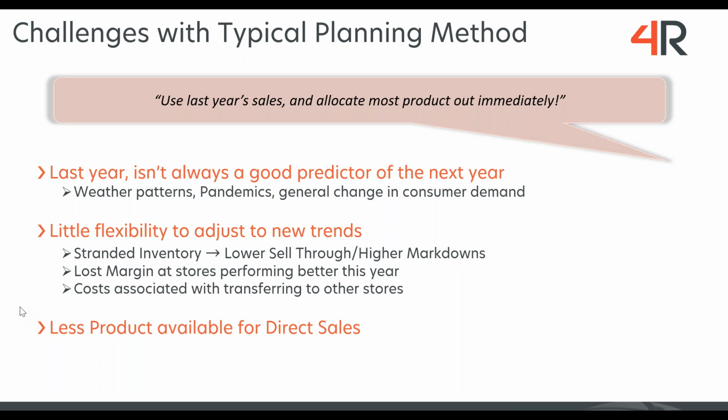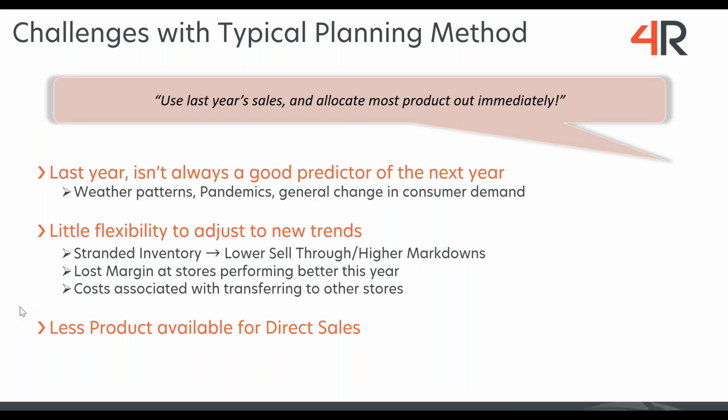The last year isn't always normal or reliable for total demand and the timing of when that demand is going to occur. And this also leaves little flexibility to react to changing trends. If most inventory was allocated to the store based on last year's sales, and there is a shift in where the demand is occurring, the inventory could be in the wrong place. This leaves less product available to send out to the stores that are performing stronger than historically seen, creating higher